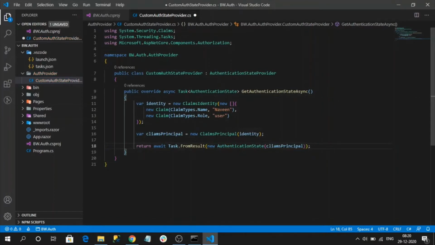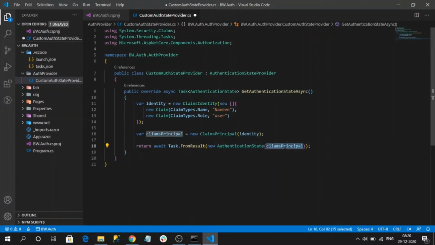In this method, we have created some fake claims. One claim is the username, my name, and another claim is the role, which is user. So for Navin, the role is user. Then we created a ClaimsPrincipal and passed it to the AuthenticationState object.